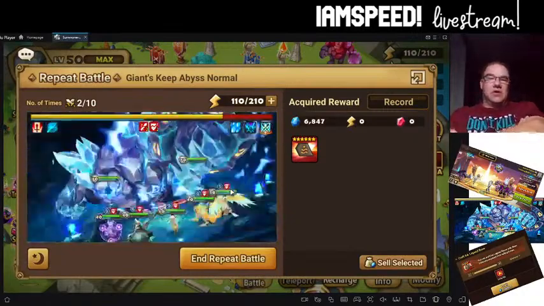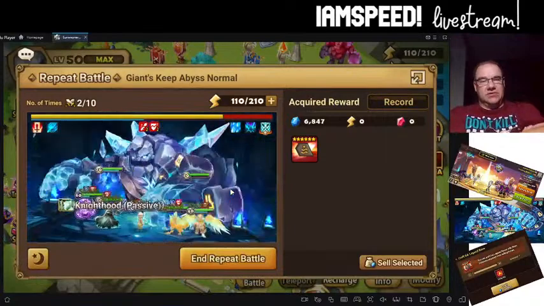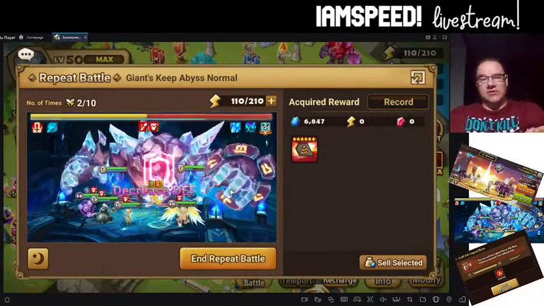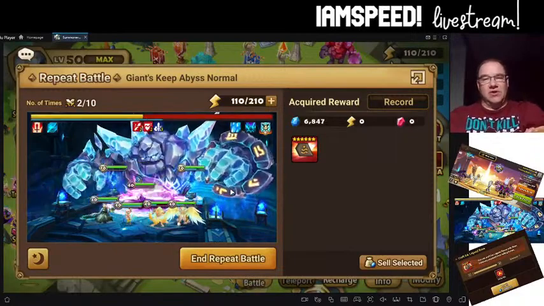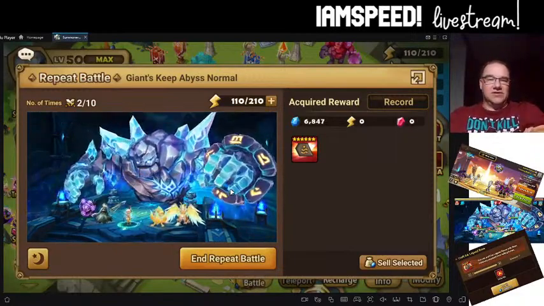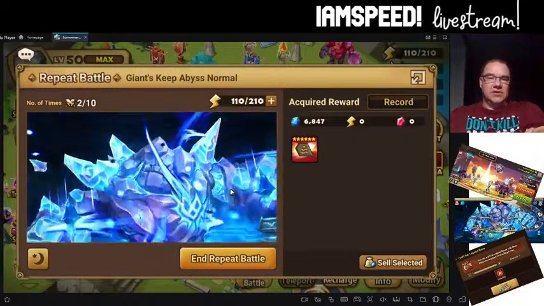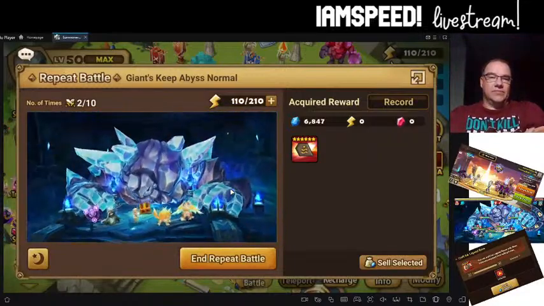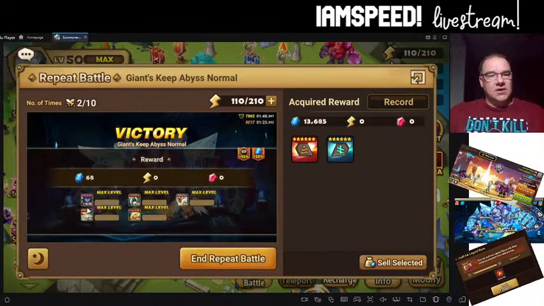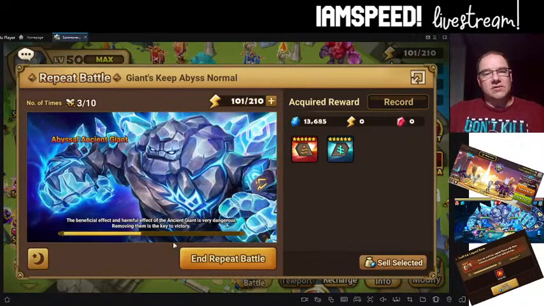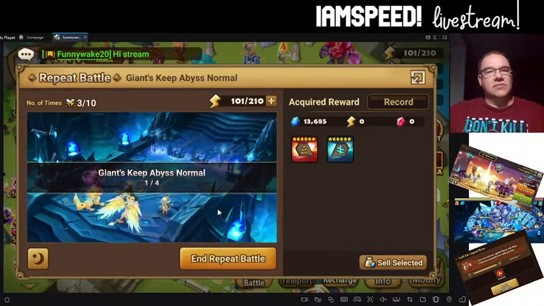So in the Abyss, everyone is struggling to figure out a fast Abyss hard team right now, and I think this is going to end up being mine because we'll talk about the team here a little bit. It's Vero, Darian, Lynn, and